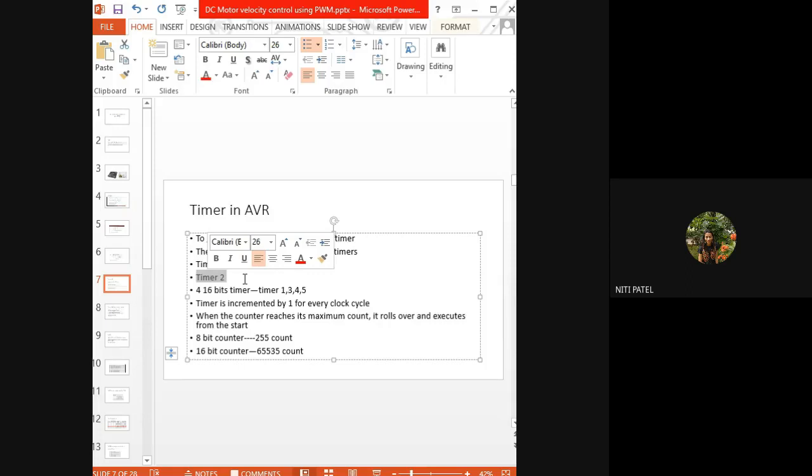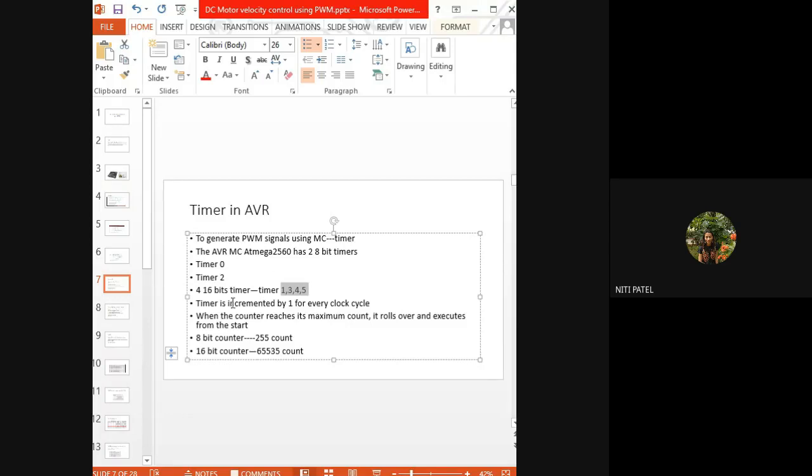Along with that, you also have some other timers which are 16 bits. ये जो 2 टाइमर है वो 8 बिट्स के हैं, उसके साथ 16 बिट्स के भी टाइमर्स है. वो कितने हैं? Timers, out of which 2 are used as 8 bits and 4 are used as 16 bits. Now this depends on what our application is and how we are going to use it.